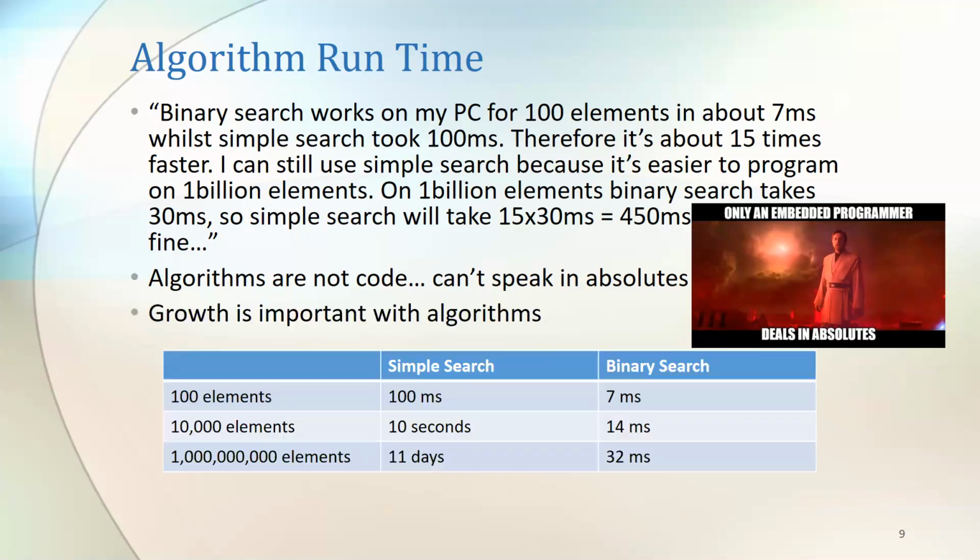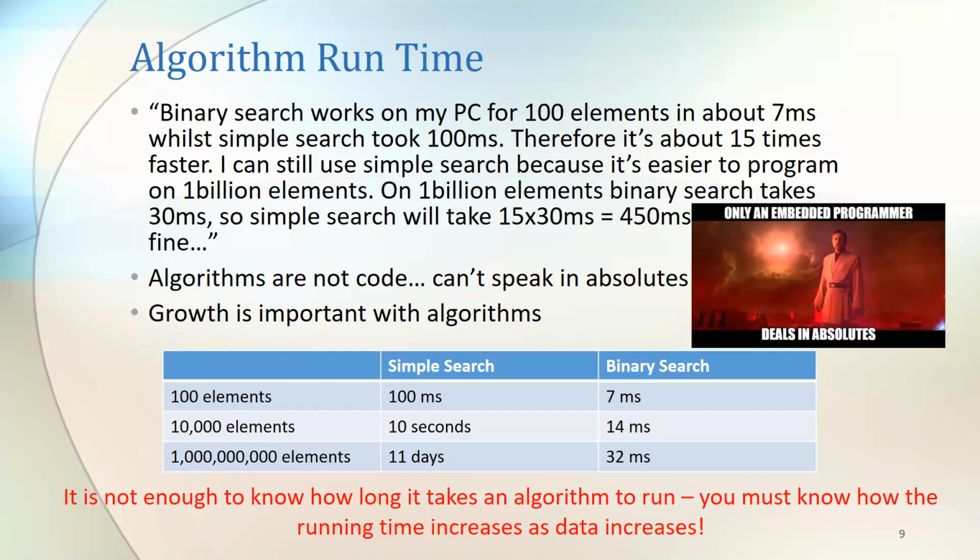The second problem is that with algorithms in general, growth is very important, right? When people started to study algorithms and started trying to talk independent of the machine that we were running on, they said, well, one of the problems we're encountering is that people want to run these algorithms on more and more data. We've come to 2024 now, and we have so many tons of data, it's hard to deal with. So they wanted to be able to analyze algorithms in terms of growth, not just in terms of runtime. Runtime is important, but